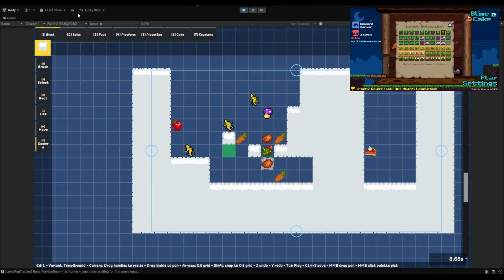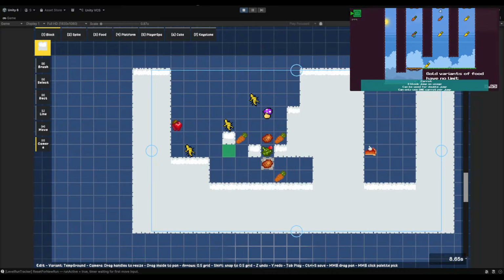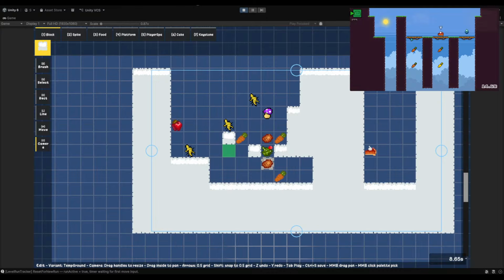What does the notch apple do? Yeah, that's the design I said I'm removing. So in older game, carrots only let you double jump once in air. So you can only use one carrot while you jump and use the food. It's a little confusing. And then golden variants have no limit. So it is strictly you can use however many times you want in the air. You can do double jump, triple jump, quadruple jump, whatever. And carrot you can only do double jump with it, essentially.